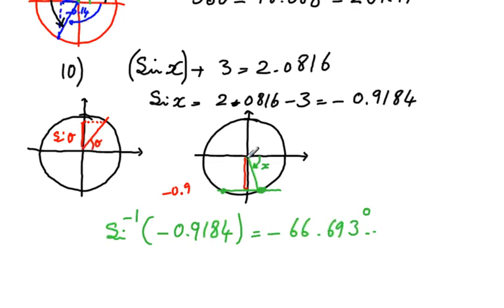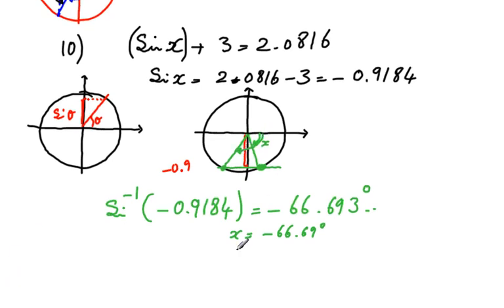Now there is also this other angle, if you wish. How do I figure out that other angle? So x, one solution we got is minus 66.69 degrees. If I insist on going in this direction, what is my other alternative that I have here? You can say this is the same angle as that 66 degrees. You are that much short of minus 180. So you can say minus 180 plus 66.69. So you get